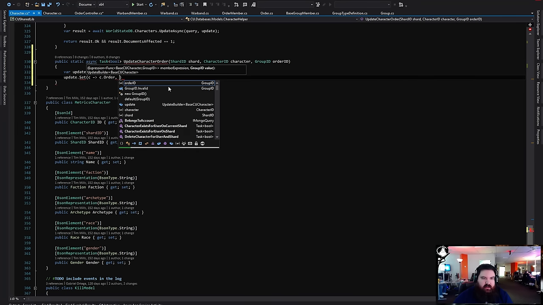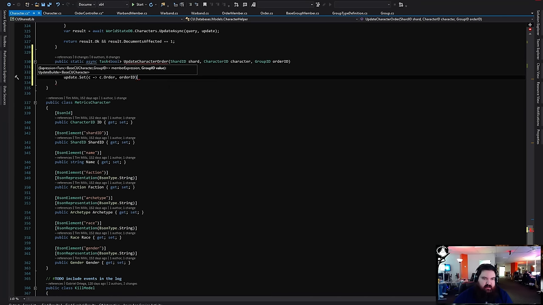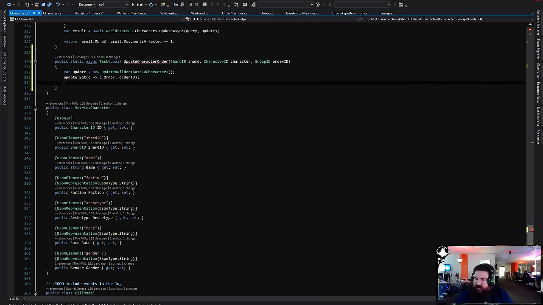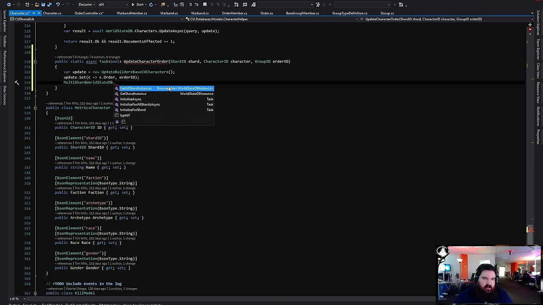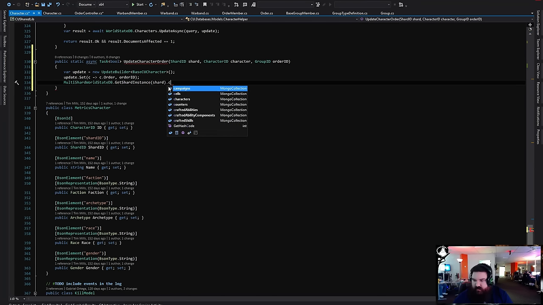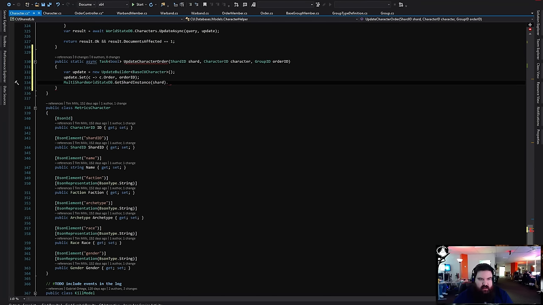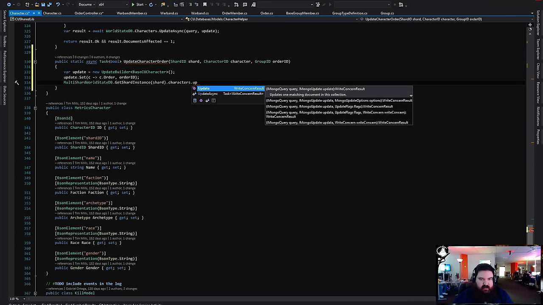The order is equal to order ID, and then we're going to do get world state, get shard instance, because our API server doesn't care about shards, so we need to get the specific instance for the shard, and then characters and update async.